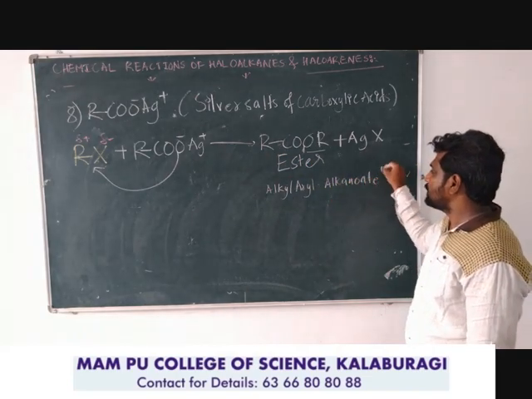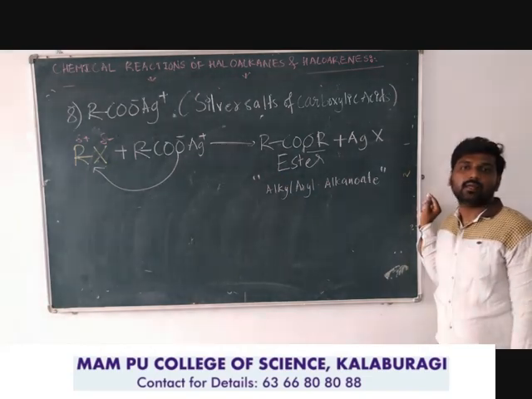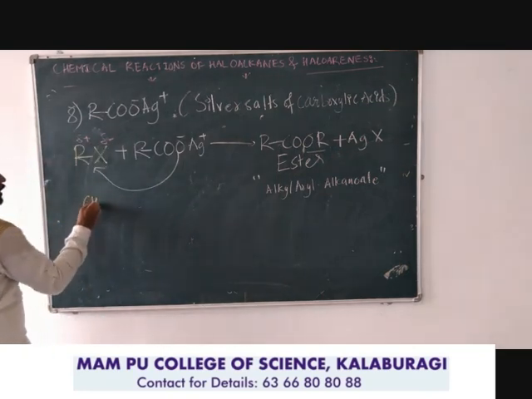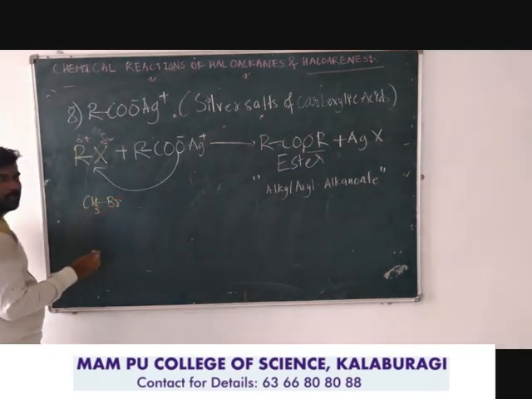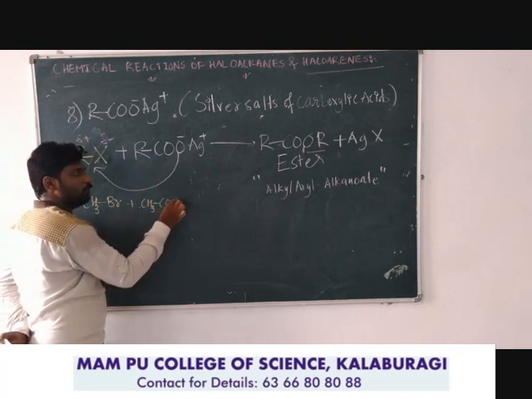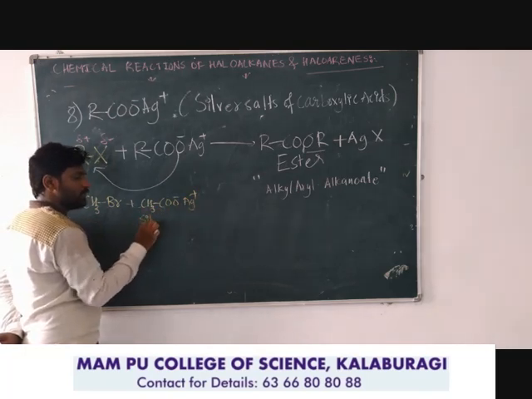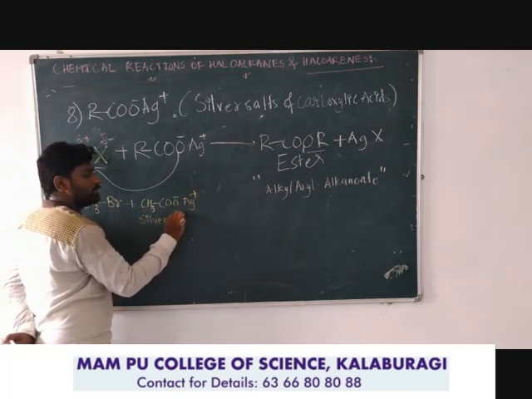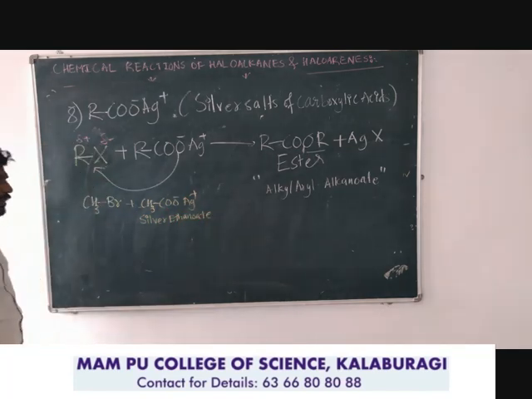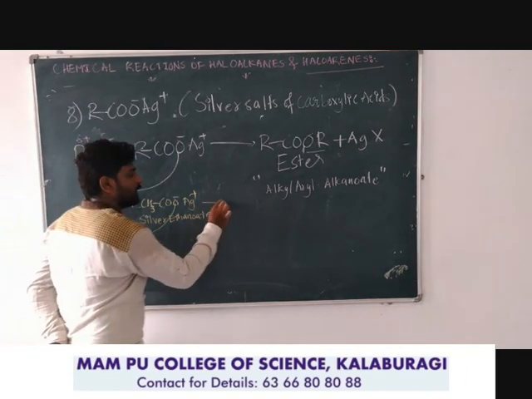So the IUPAC formula to name the esters is alkyl or aryl alkanoate. For example, if I have taken bromomethane reacting with R equals CH3, I will take COO minus Ag plus. Look here, we are having two carbon atoms, so this is known as silver salt of carboxylic acid, or silver ethanoate. It attacks through the oxygen atom to the methyl group, and we are getting